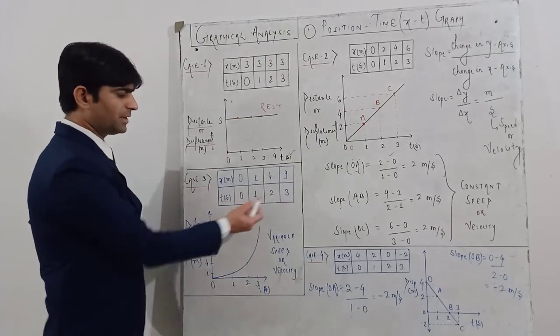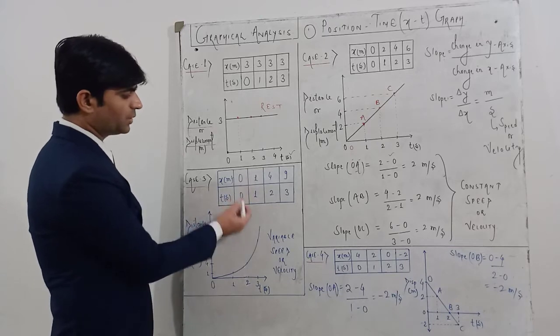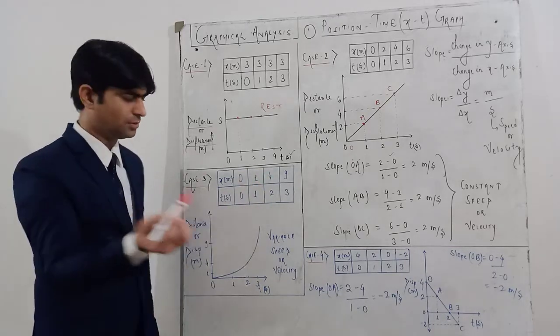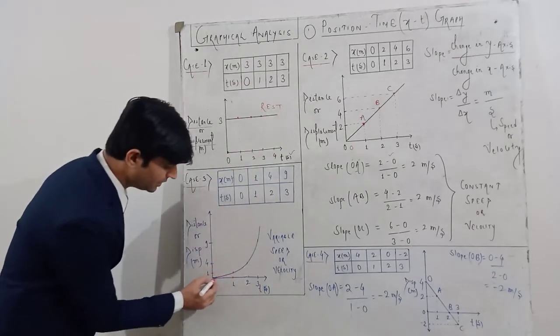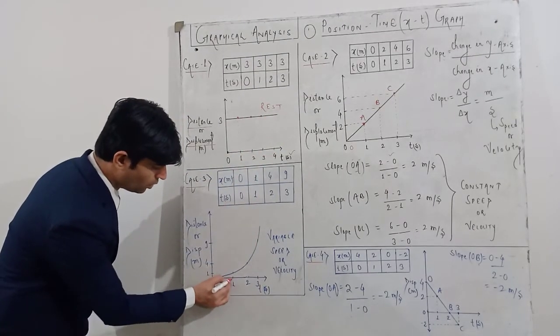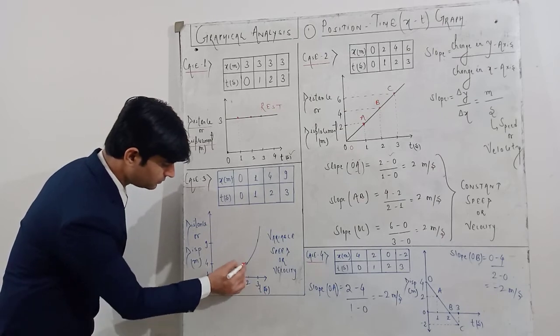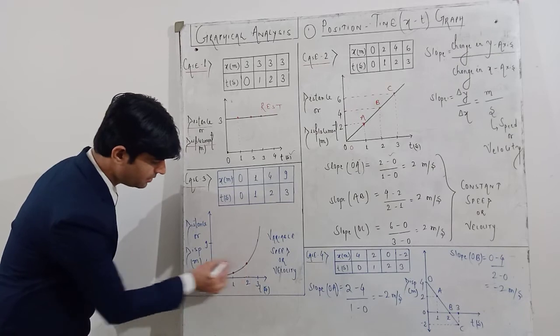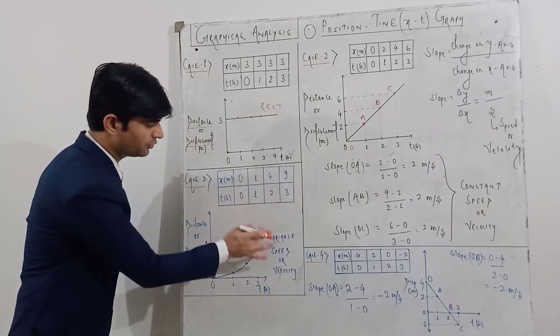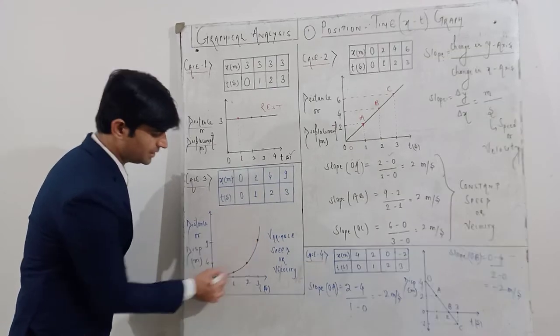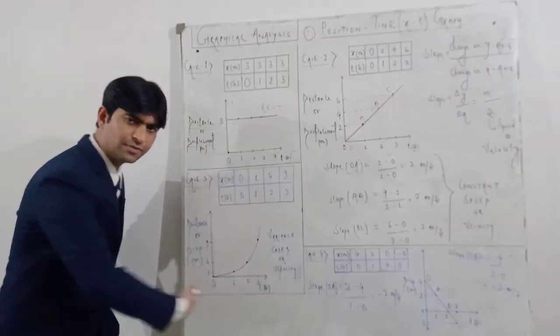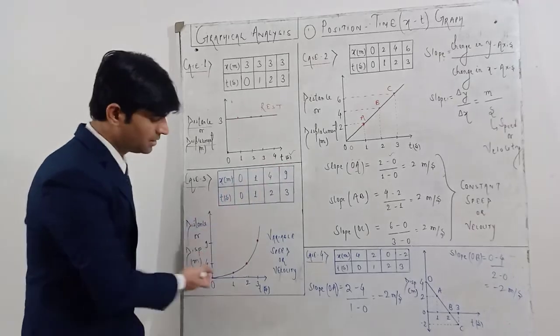If you see carefully, I have taken the square terms. You may take cubic terms also. So इस graph को अगर आप plot करेंगे, you will get a curved graph. These are the points. 0 पे 0, 1 पे 1, 2 पे 4, ये 2 second पे 4 meter, 3 पे 9. So these are the points you will get. If you join it freely with a free hand, you will get a curved graph.